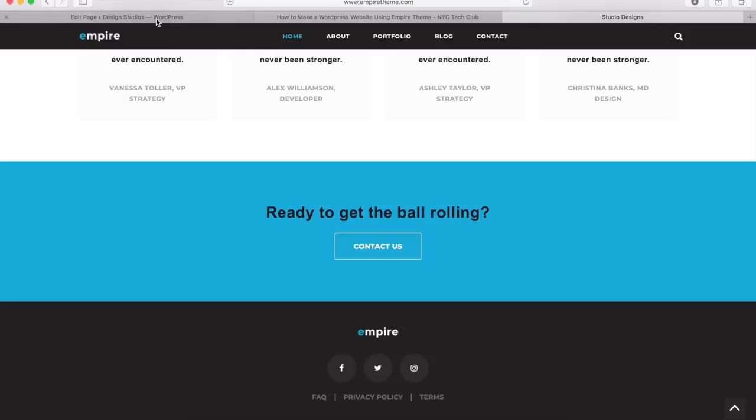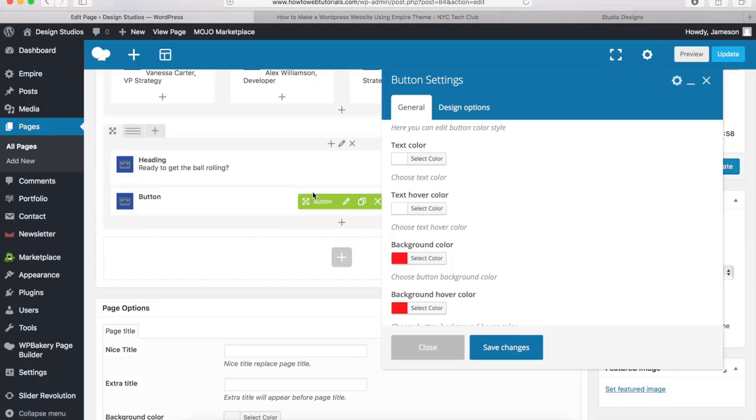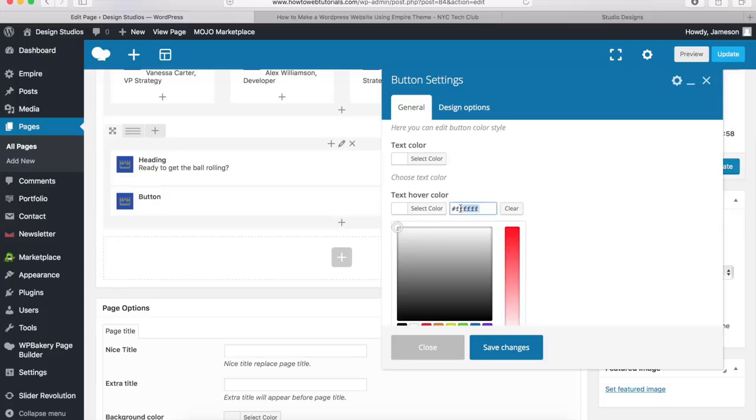So what you want to do if you want to customize the colors for your button is go into these sections and then change the colors to whatever you want. So for the text color, we're going to leave this as white, so we don't need to change anything here. But for when I hover over the button, I want to change the color to the baby blue color. So I'll click on Select Color, and I'll just type in the color code right here, which is going to be